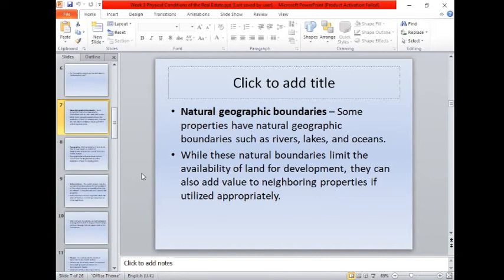But it can add value to the neighboring properties if it is utilized appropriately. An example of that is in Boracay. In Boracay, there is some raw land which also has a boundary from the rivers, lakes, or oceans, because of course in Boracay the lands are limited to use for residential, for commercial, and also they preserve some of